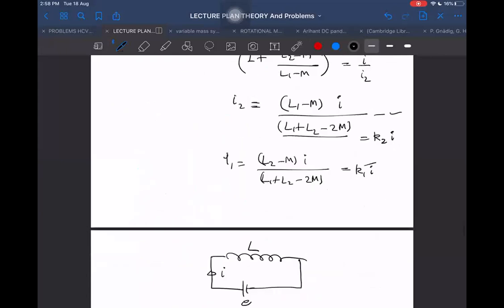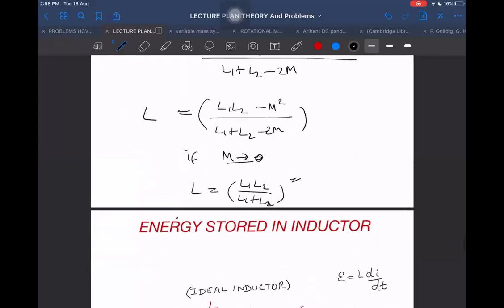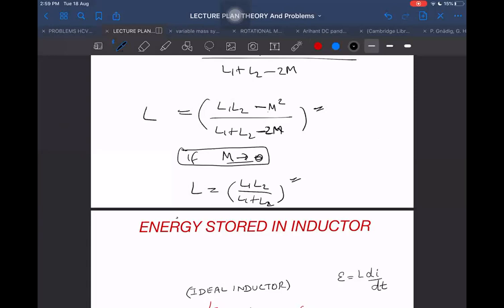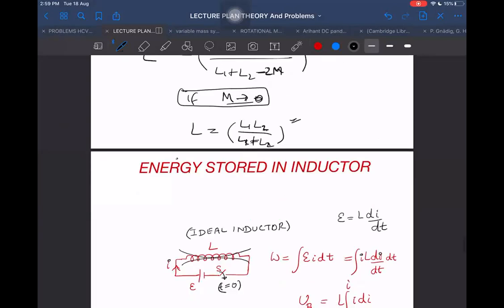But if I want to take complete mutual inductance into account, then see how complicated the formula becomes. It is L1 L2 minus M square upon L1 plus L2 minus 2M, which is not the same as just L1 L2 upon L1 plus L2. And this is only for two inductors in parallel. Imagine what will happen if there are multiple inductors in parallel. When it is so complicated for just two inductors, it will be much more troublesome for many more inductors. Therefore, there is no need to do these questions in that detail, and it is enough if we are able to do just two inductors in parallel. It is good enough. Next.